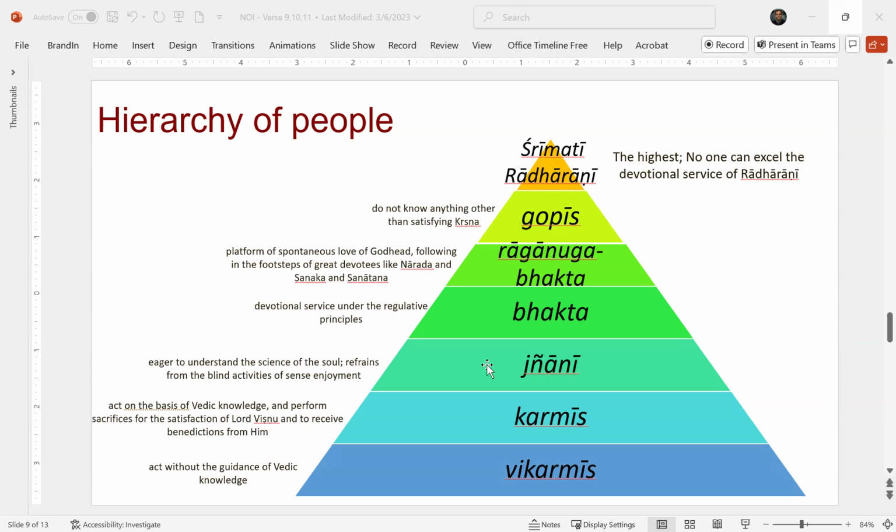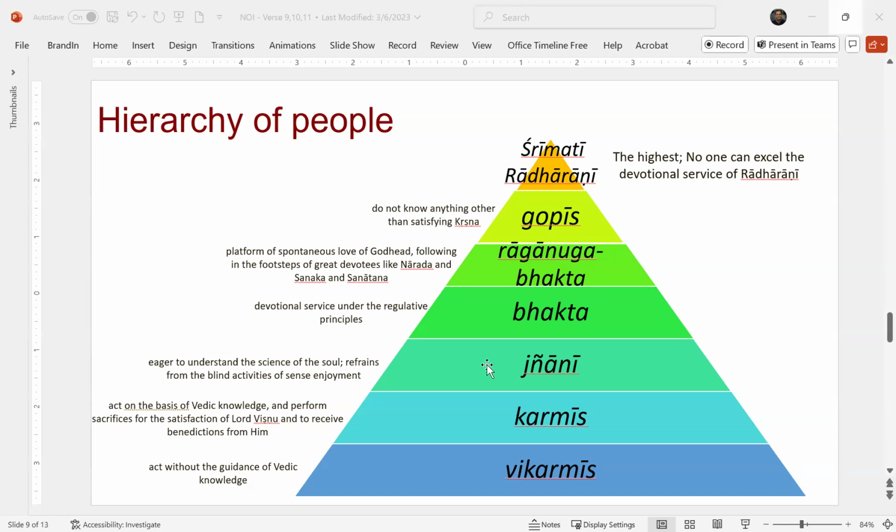He created BBT. Why? Because nothing for himself, everything for Krishna. That's the quality of a pure devotee, and that's the quality we see in the gopis. And out of the gopis, Radharani is the topmost. Okay, so